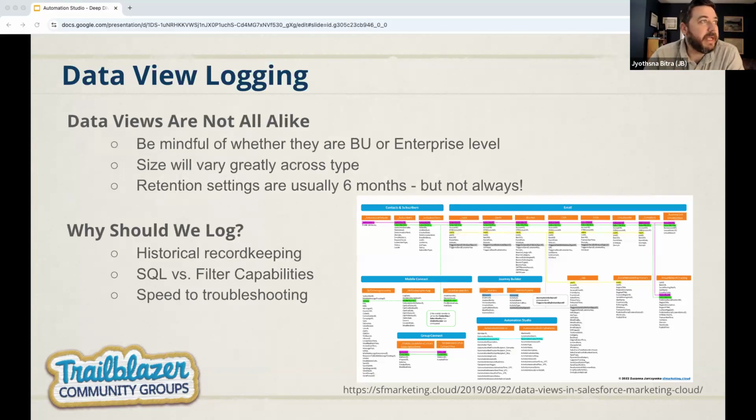Okay, so we're going to jump right in and start out with data view logging. So your data views in your account, these are in the official documentation. You've got a lot of different ones out there. You can look at your different jobs coming out of Marketing Cloud, your sends, your opens, clicks, bounces, unsubscribes, complaints. Those are just a handful of them. You've got a data view on your actual subscribers themselves. So you can look at information about your